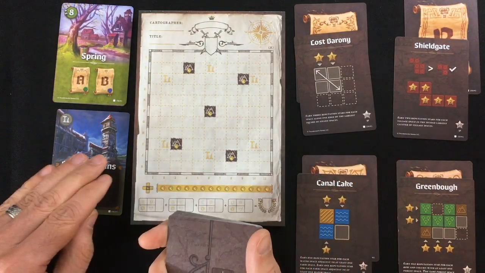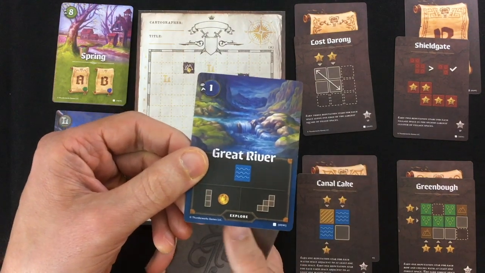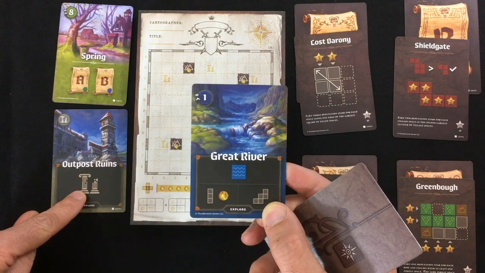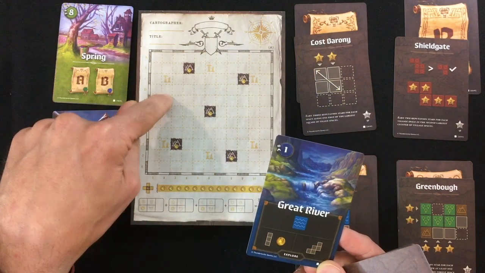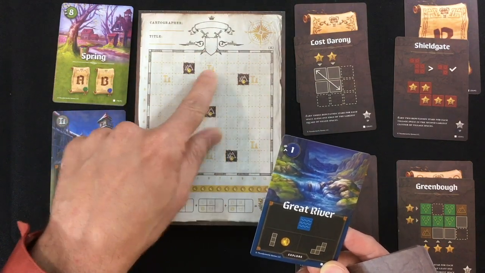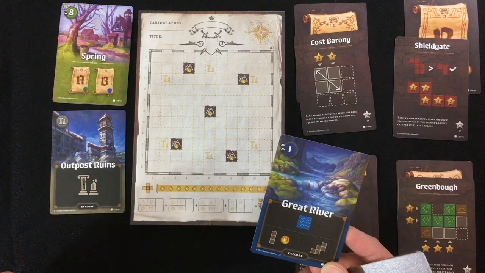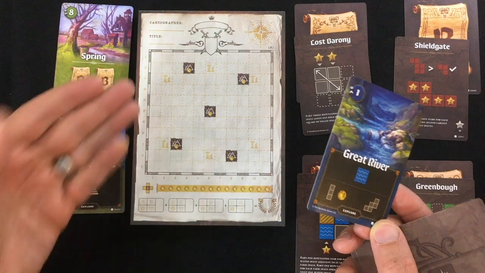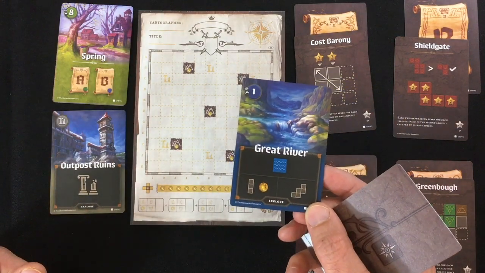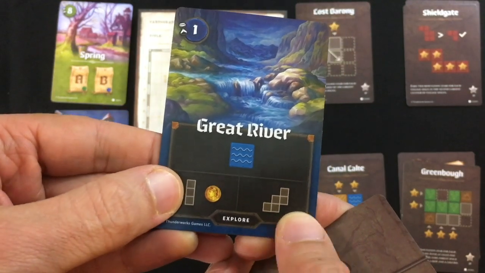So first we got our Outpost Ruin. So this is a little bonus modifier card. You draw the next card, in this case the Great River. And what the Outpost Ruins does is it forces me, with whichever shape I choose to draw, to at least fill in one of these ruined spaces. And if I can't make it fit or all the ruins are gone, I only get to draw a single square of a terrain type of my choice, which is usually bad, so you want to not cover all the ruined spaces too early. So Great River, I can do a 3-line of water and get a coin,